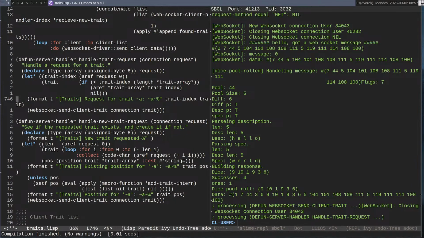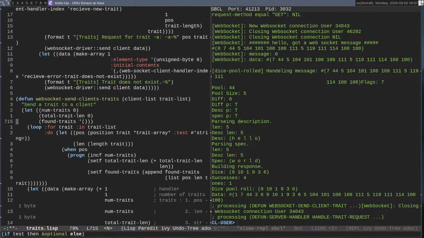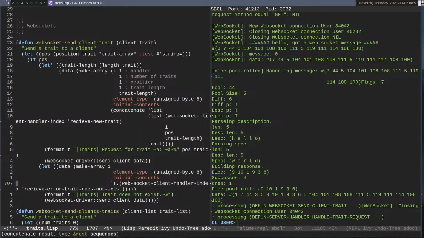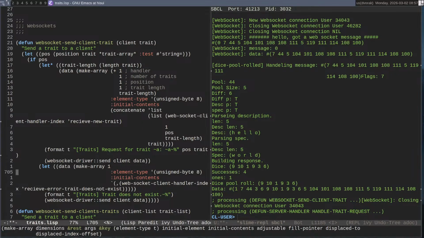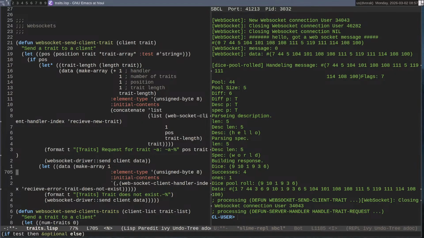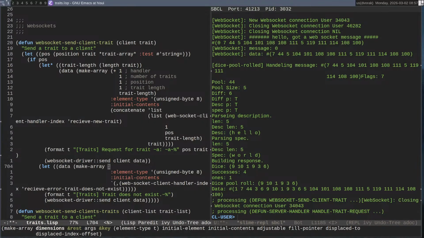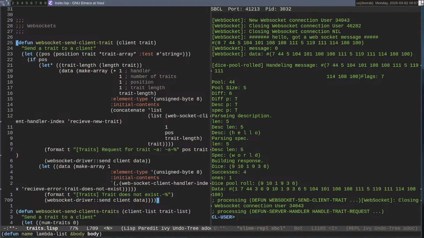It will just send a thing back to the client saying, sorry, no trait for you. Because the first one here, where you're sending a single client a single trait, if the trait you want doesn't exist, it sends you a single byte of data that just says that doesn't exist.